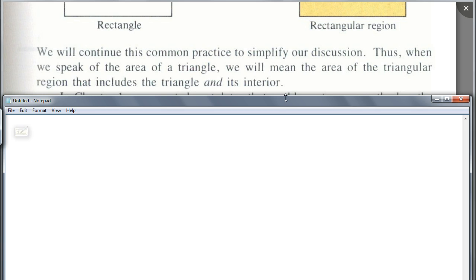Can somebody keep on reading? Esther, over here, can you read this for us? We will consider this common practice to simplify our discussion. Thus, when we speak of the area of a triangle, we mean the area of the triangular region that includes the triangle. Yeah, so we will continue to use this, but you don't know what it means, right? All right, now,